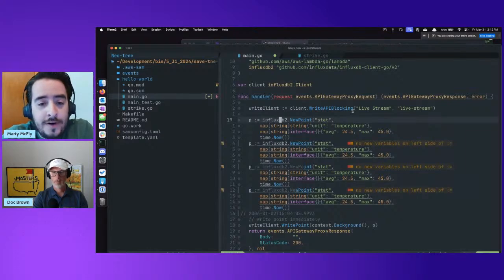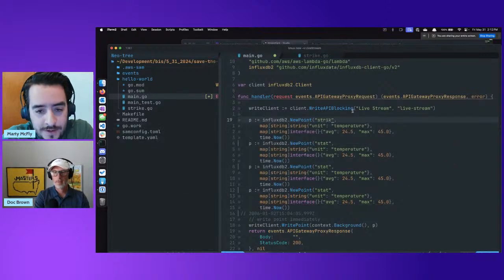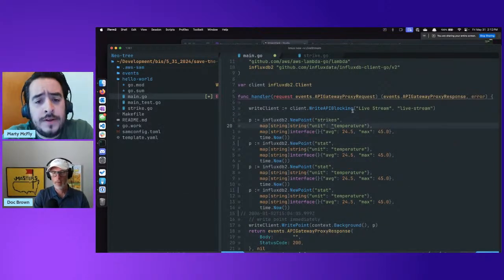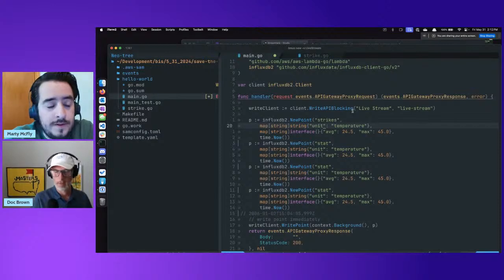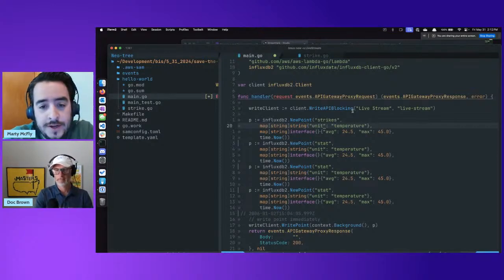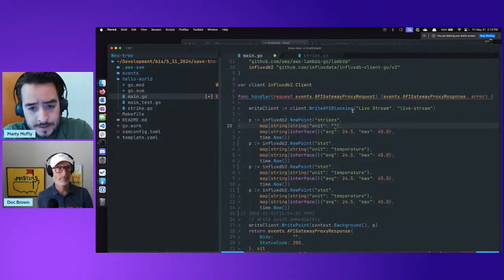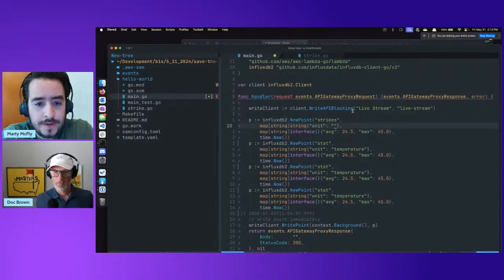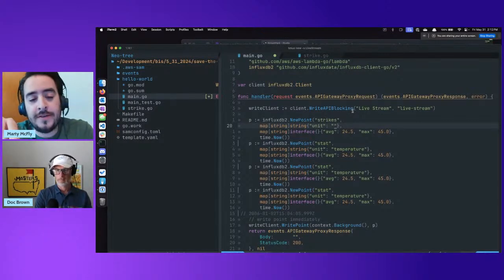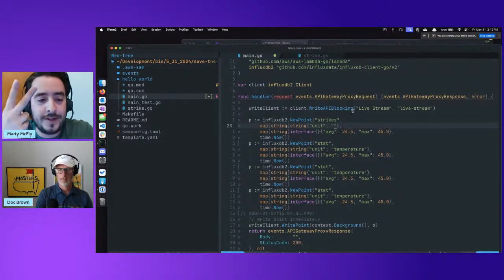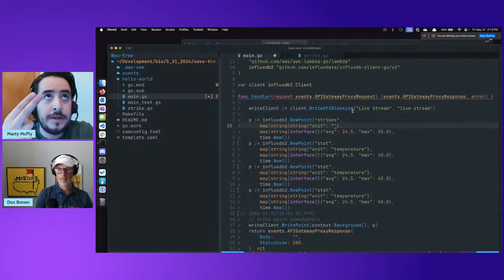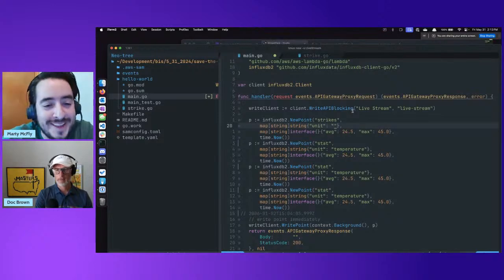Our tags are... We don't want stat though. We want strikes. Yeah, strikes. Okay, what would our tags be? I guess unit is location. Yeah, so you've got unit, we have two units. It's location and power. Strength. Power. Yeah, that's it.